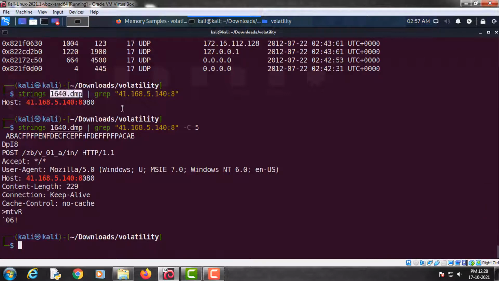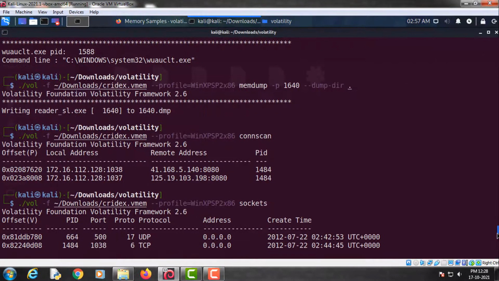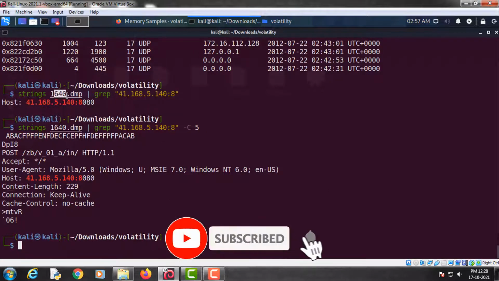So we have found out that this process with the PID of 1640 is communicating with this IP address.